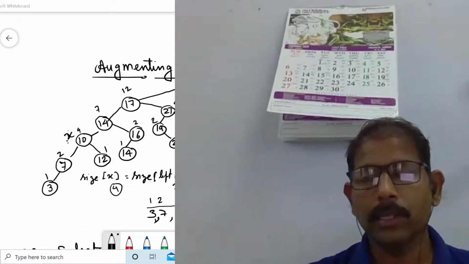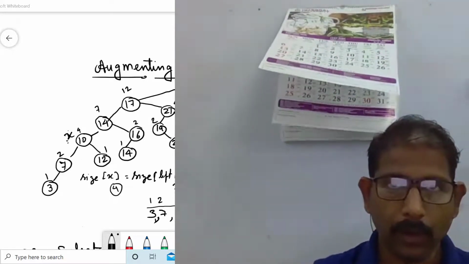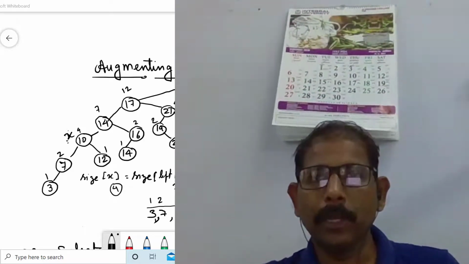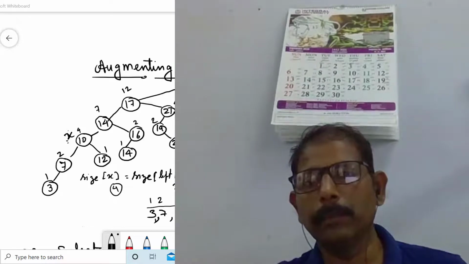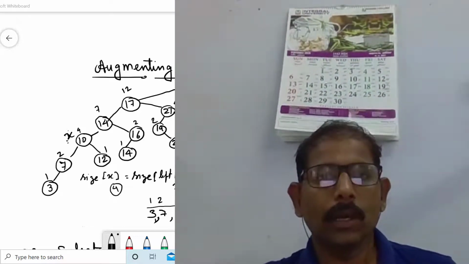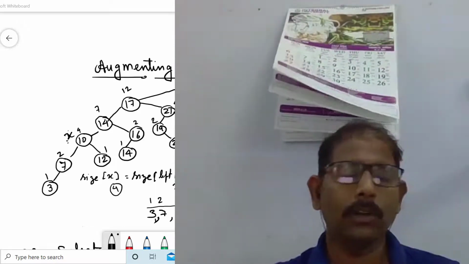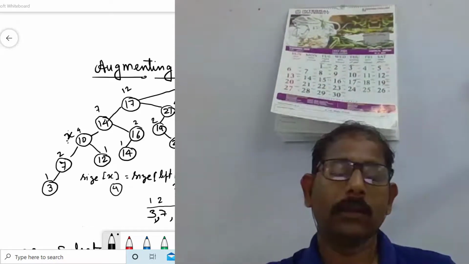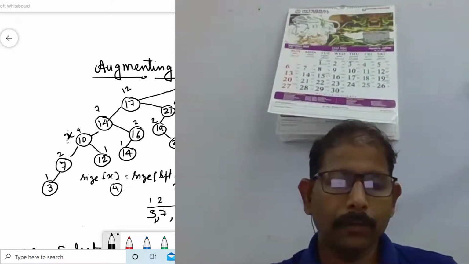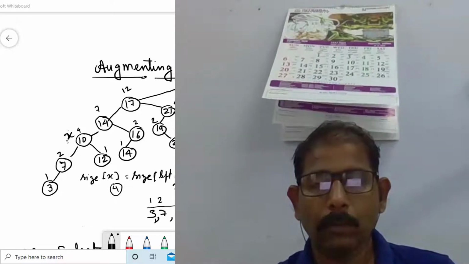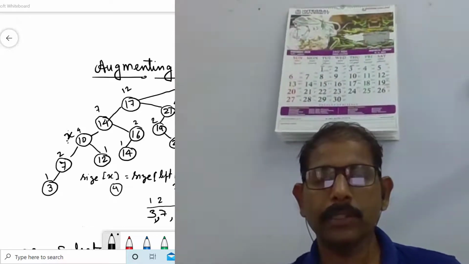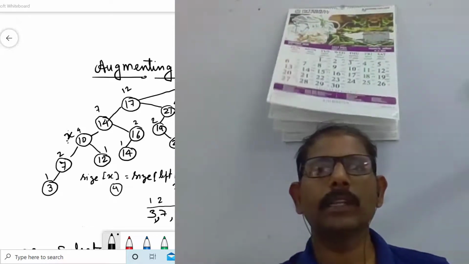In the chapter of order statistics, we have learned how to find the minimum element, the mean of the elements, the median of the elements, and the max of the elements. We learned these things in that chapter. After that, we learned the binary search tree and then switched to the red black tree, which is the enhanced version of the binary search tree.